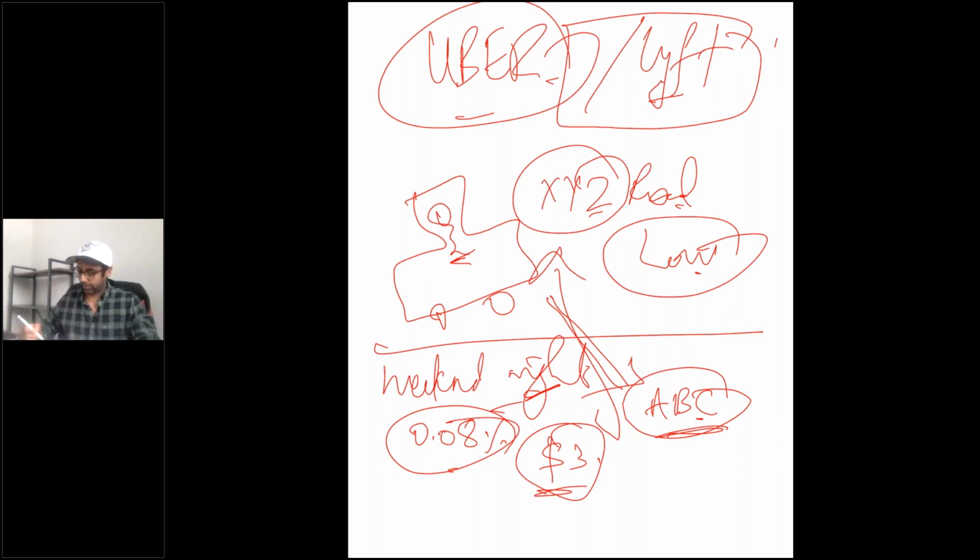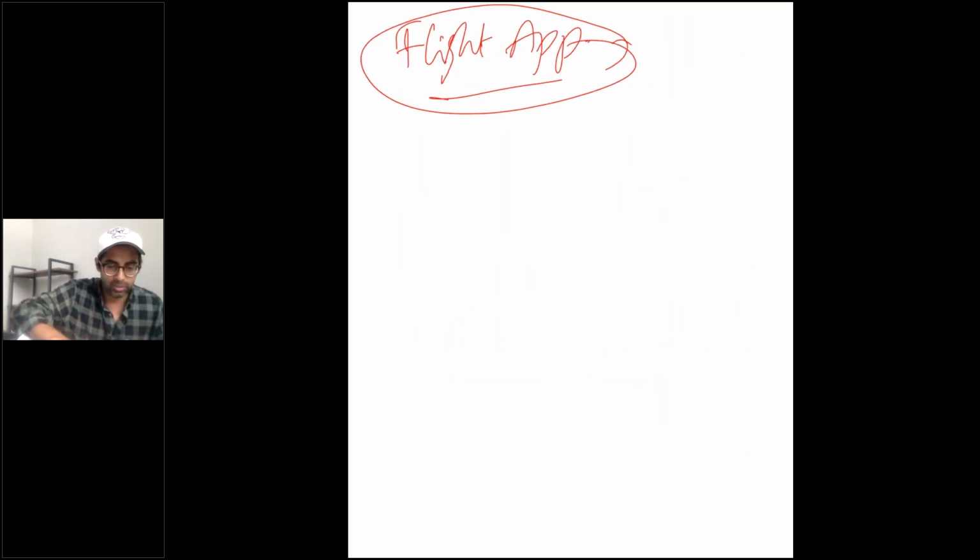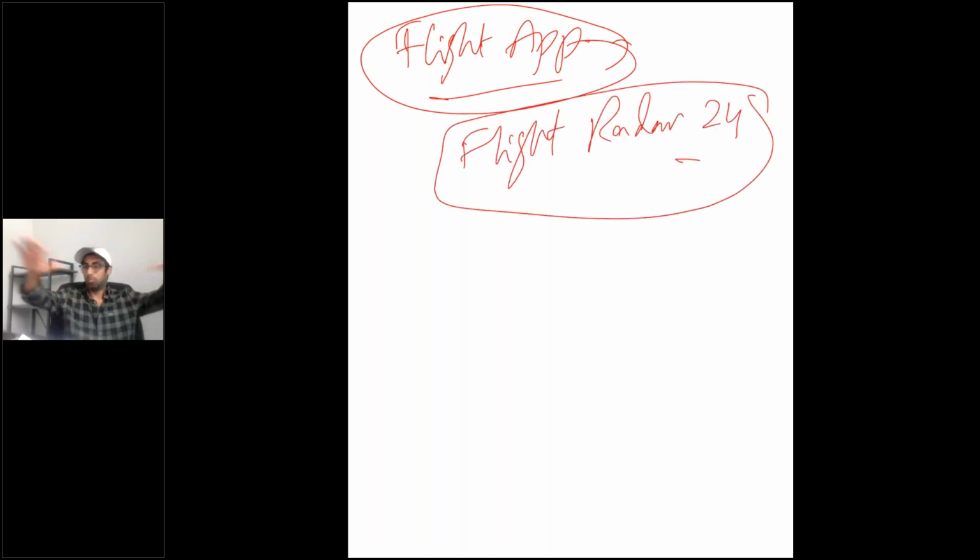All right, let me give you one more example, which I use: a flight app. Let me tell you the name of the app, you can also use that one. It's Flight Radar 24. I use this app. It tells you, for the whole planet right now, how many planes are currently in the air. Which plane, which brand, which airline, from where it started, when it started, and what time it's going to land. This is all artificial intelligence because it tells you the exact time that it's going to touch